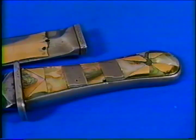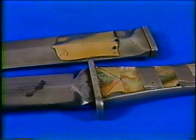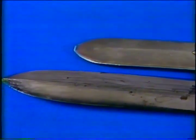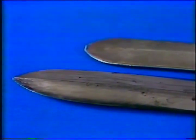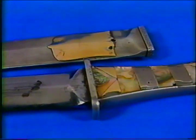With a grip bearing abalone shell mosaics and gold insets bound in silver, this gold-mounted San Francisco Bowie is unsigned but embraces some of the features found on knives made by Michael Price. This polished spear-point blade is neatly ensconced in a solid silver sheath fitted with a belt clip and gold medallion